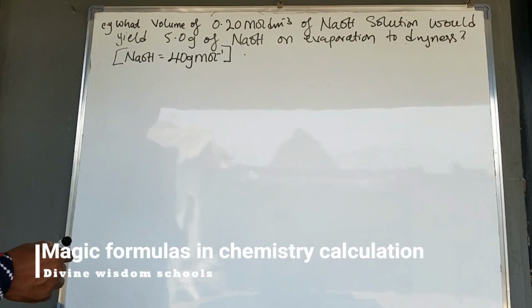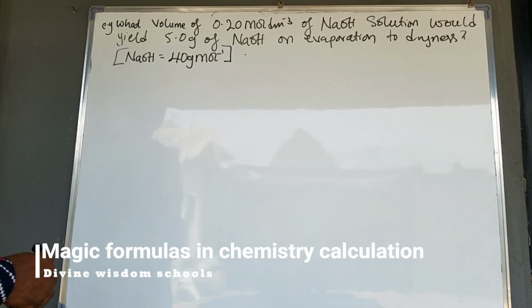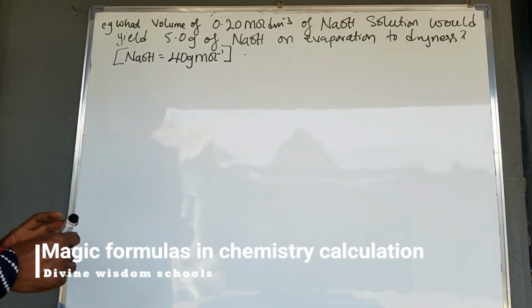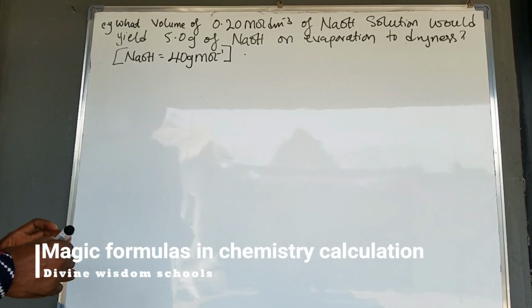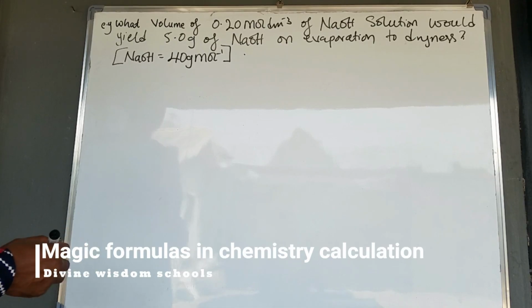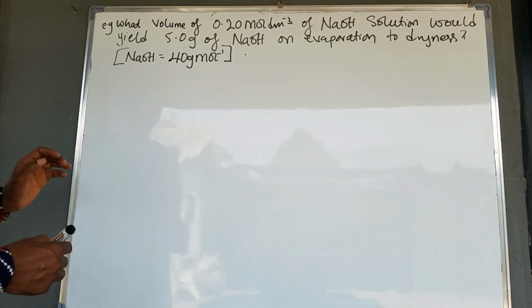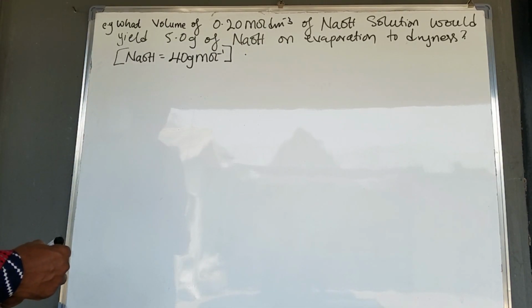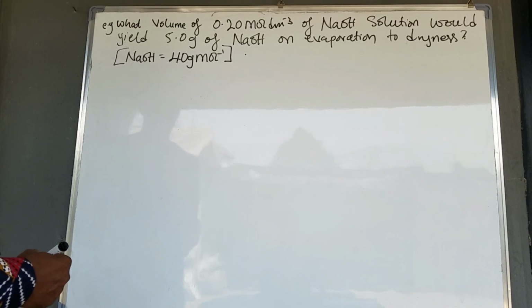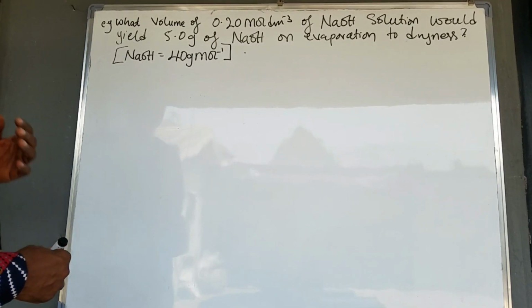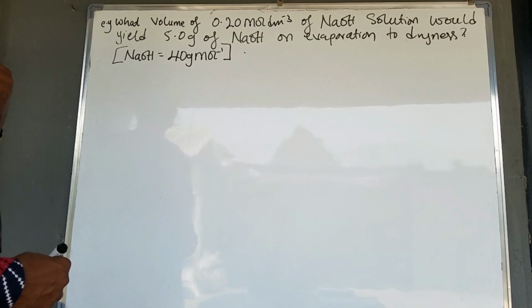Now, still looking at calculations in chemistry. Like I said, chemistry calculation is the easiest part of chemistry. Just get the key points, get the key formula, and then the answer is there for you. What volume of 0.20 mole per dm³ of sodium hydroxide solution would yield 5.0 gram of sodium hydroxide on evaporation